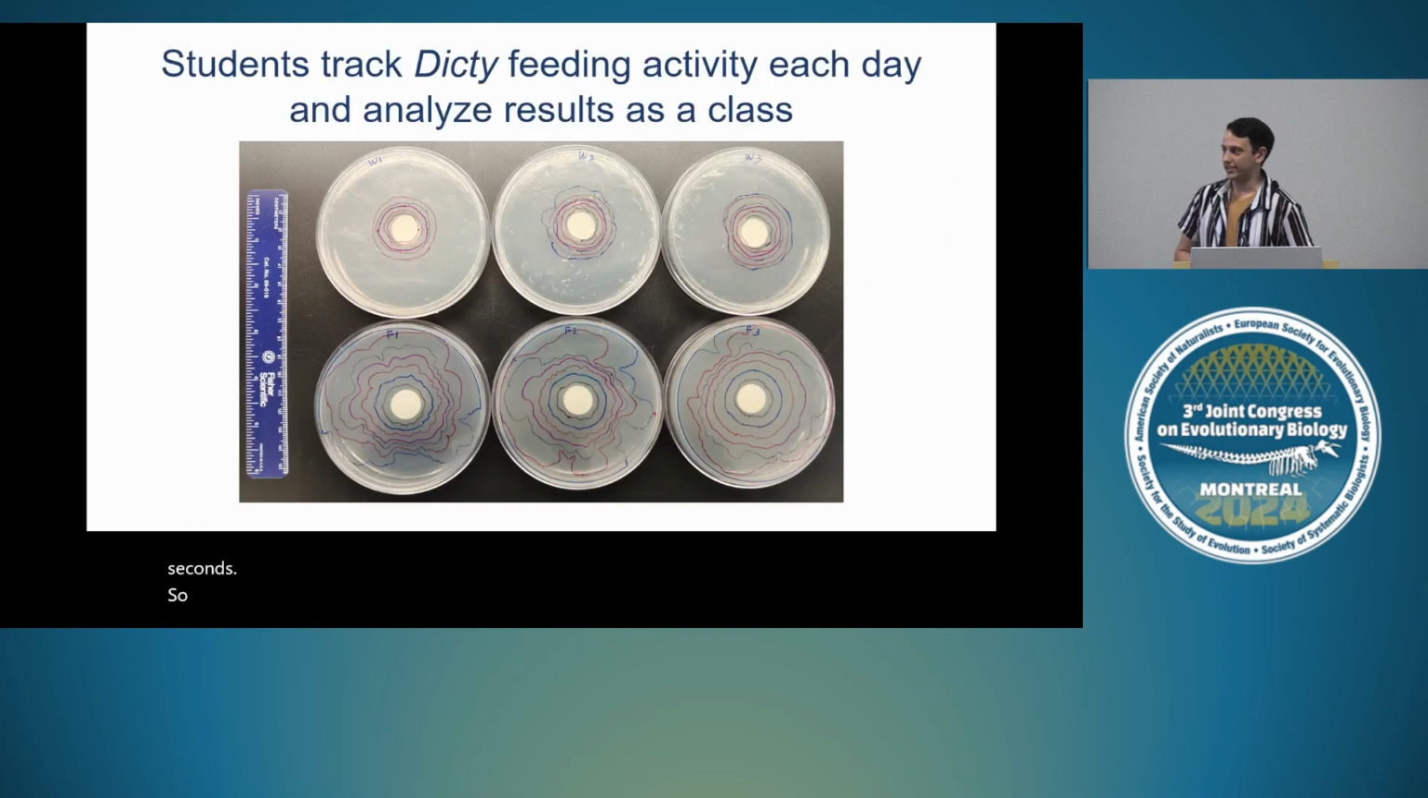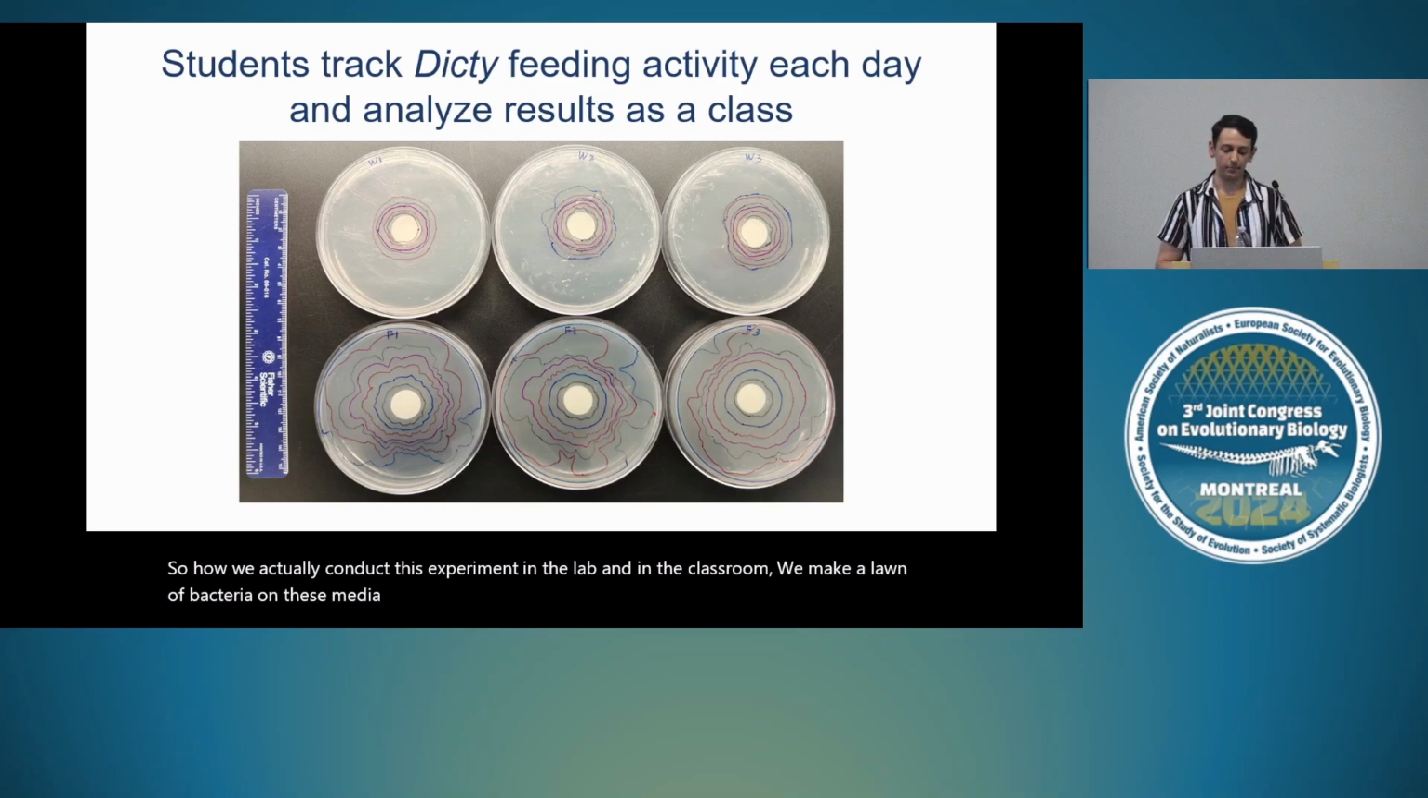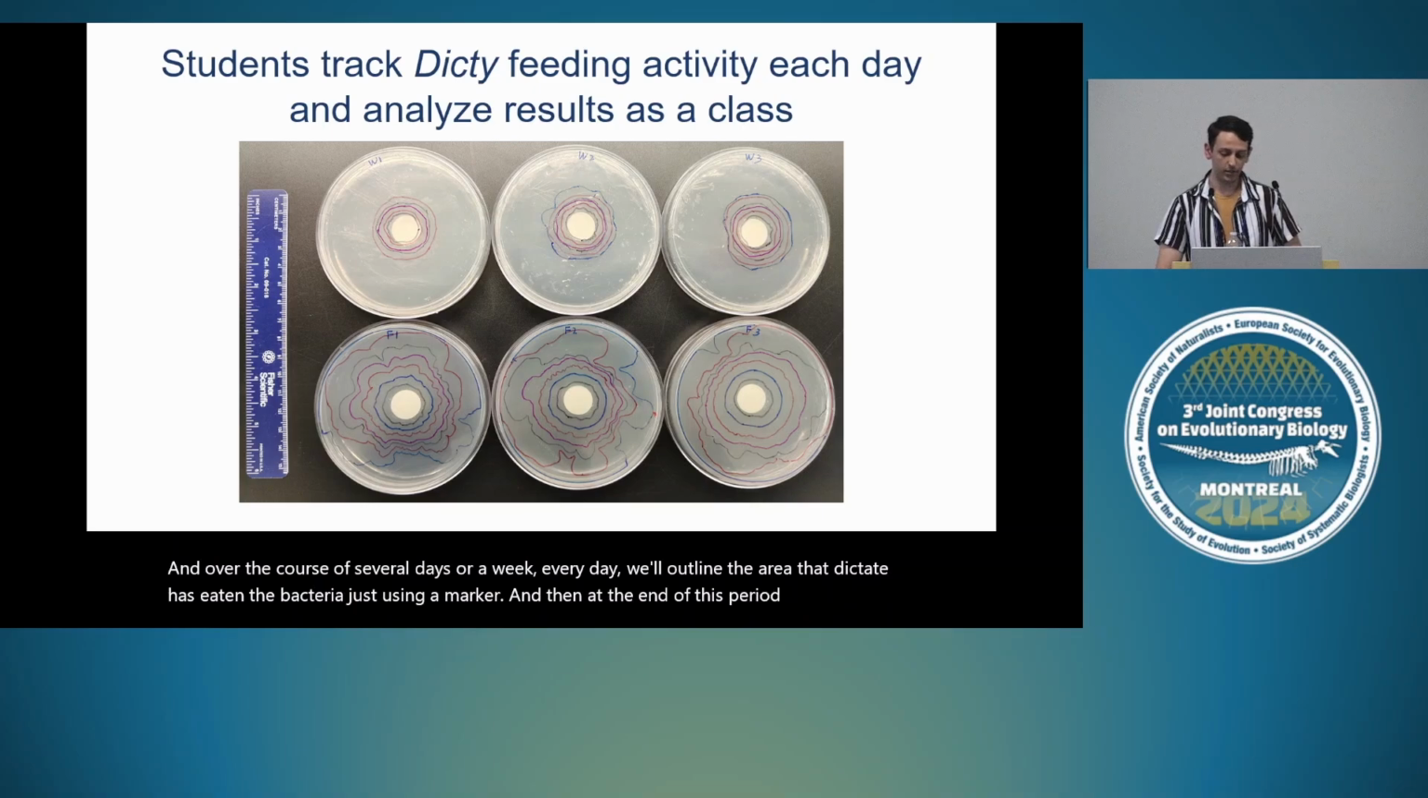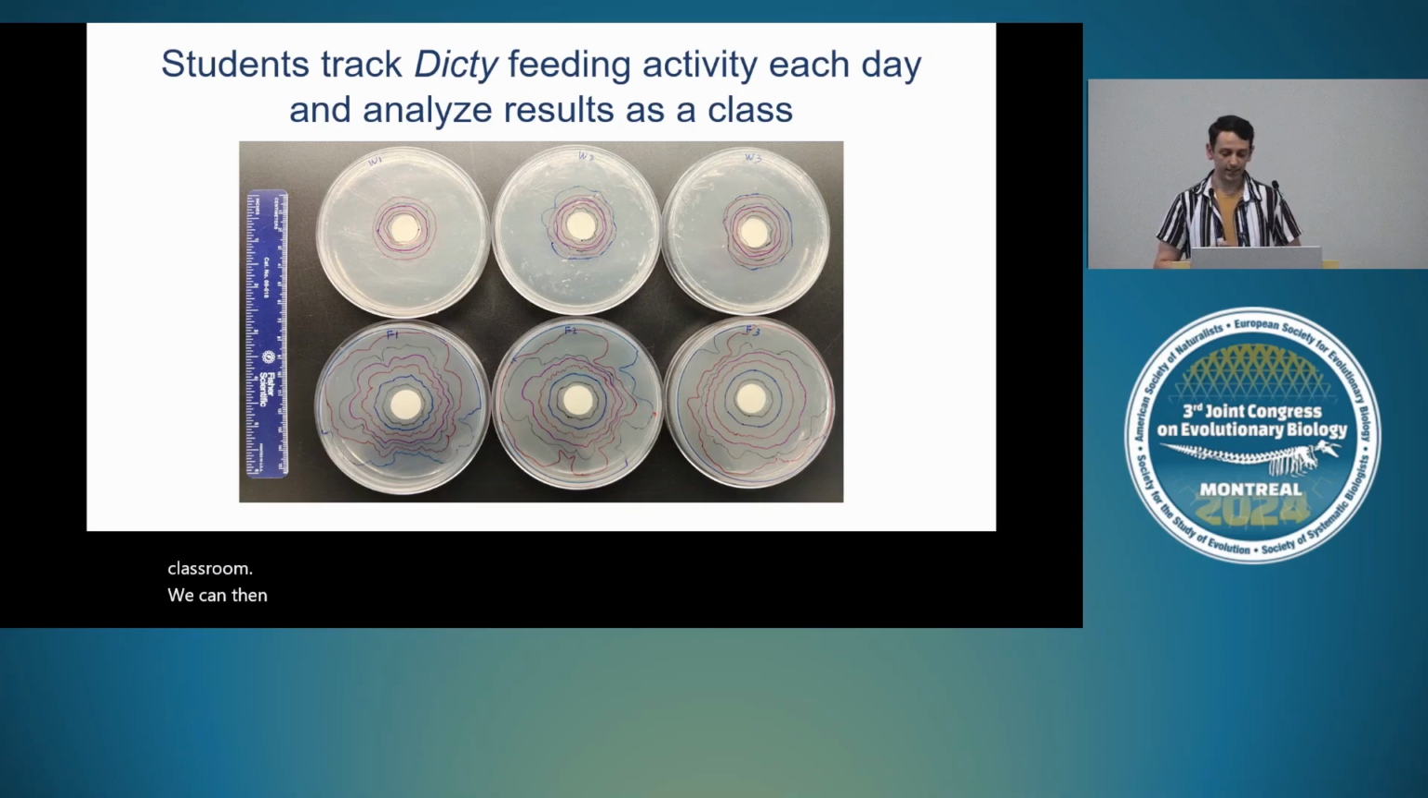So how we actually conduct this experiment in the lab and in the classroom, we make a lawn of bacteria on these media plates and then put Dicty in the center, just using these filter discs. And over the course of several days or a week, every day we'll outline the area that Dicty has eaten the bacteria just using a marker. And then at the end of this period, however long it takes for them to eat the bacteria or however long we're able to be in the classroom, we can then analyze the clearing rates of Dicty on a specific variant and then